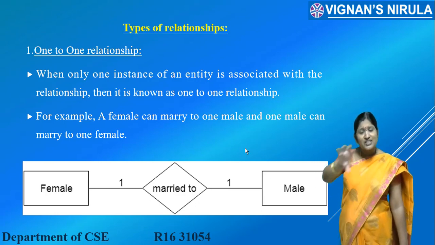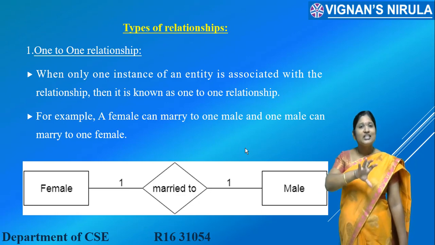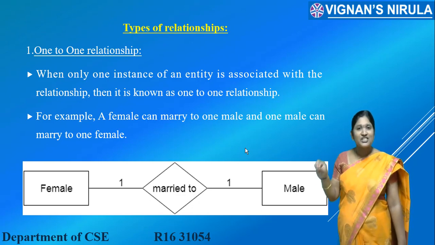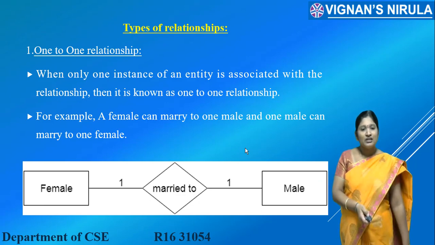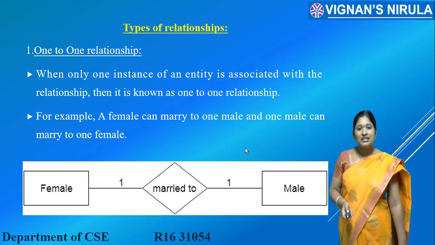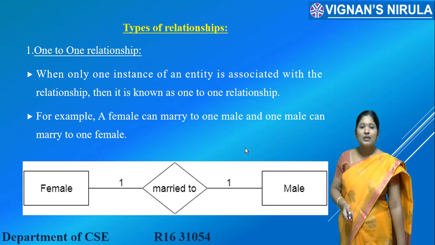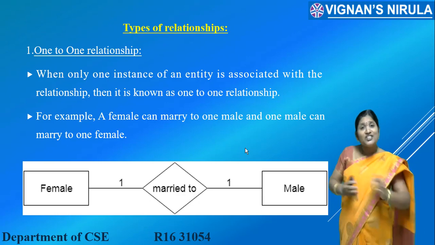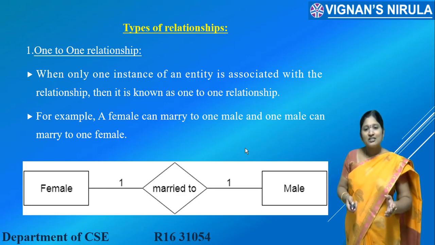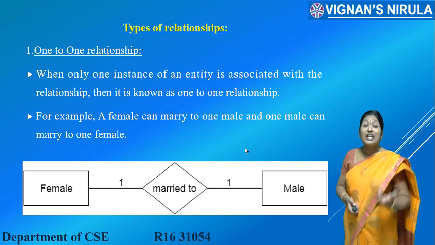So here, the first entities are the entities that are represented as female candidates. The other category of entities can be represented as the male candidates. So female candidates are represented by means of the female entity set, and the male candidates are represented by means of the male entity set. What is the kind of relationship between the female candidates and the male candidates? Married to. So females can marry males. What is the type of relationship that exists between females and males, that is, married to?